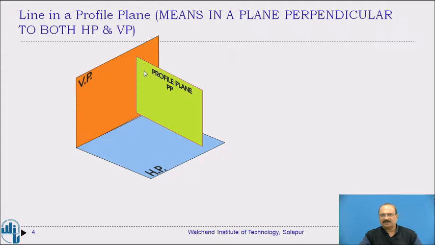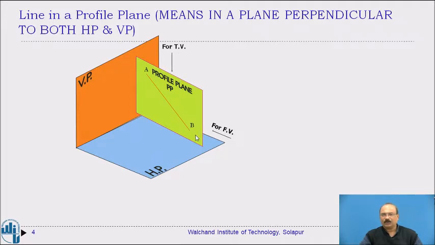Previously I considered planes making certain angles either with the horizontal plane or with the vertical plane, which we called AIP and AVP. Now, if the line is situated on the profile plane, that is the major importance of this lecture. One thing you observe here is that you are observing from the left hand side. The red line indicates the line situated in the profile plane. If the line is situated in the profile plane, you observe a front view as well as a top view. Here the front view is observed in this direction, and the top view in this direction.